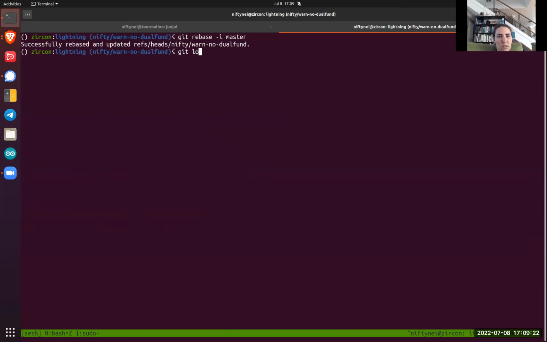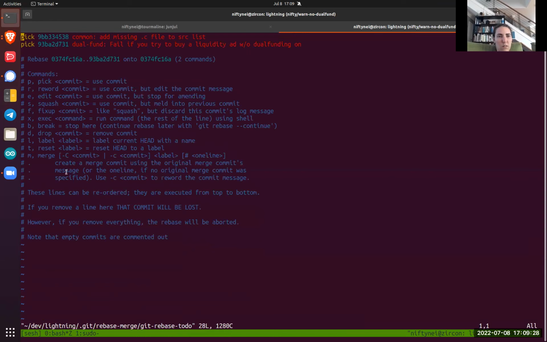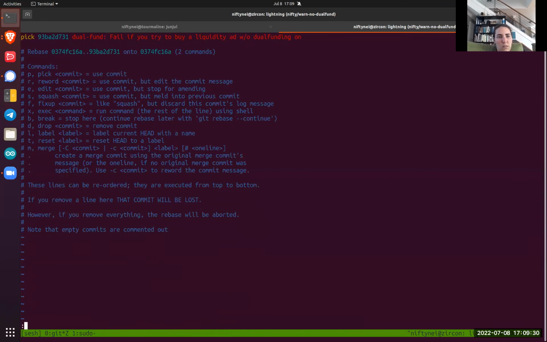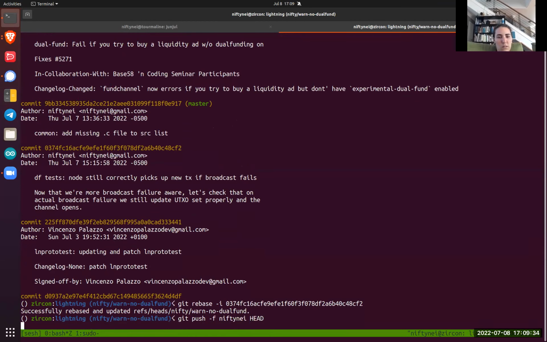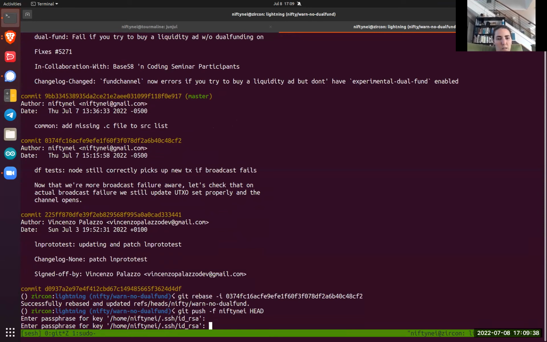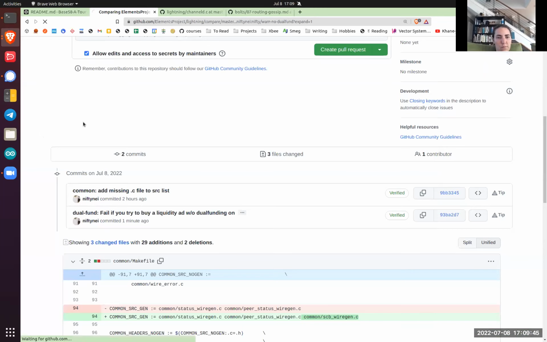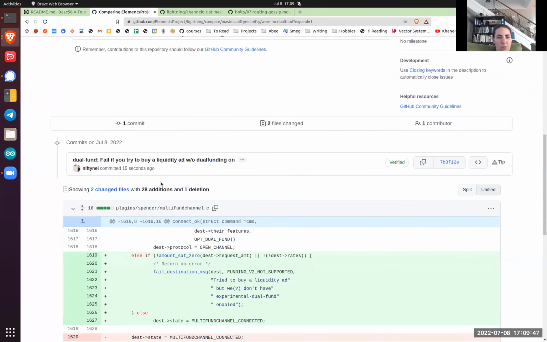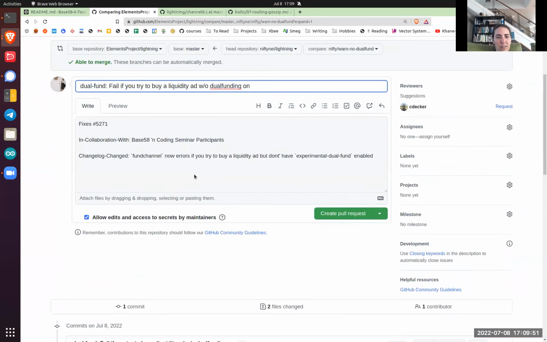Git log. Okay. Cool. That was only one commit, and it's the whole thing, and it correctly says the thing, and it should